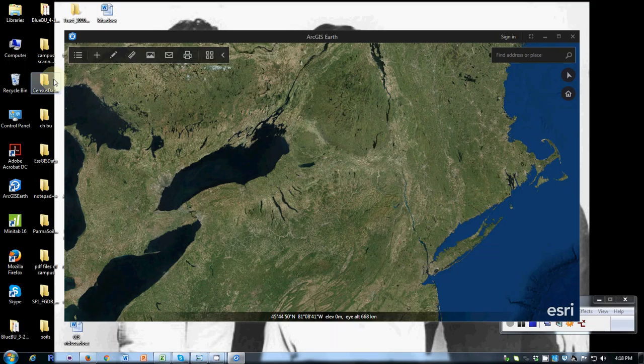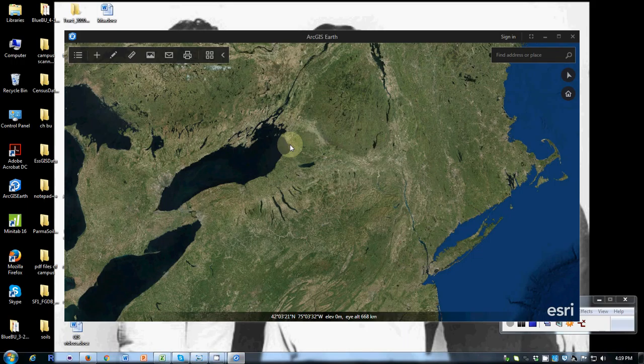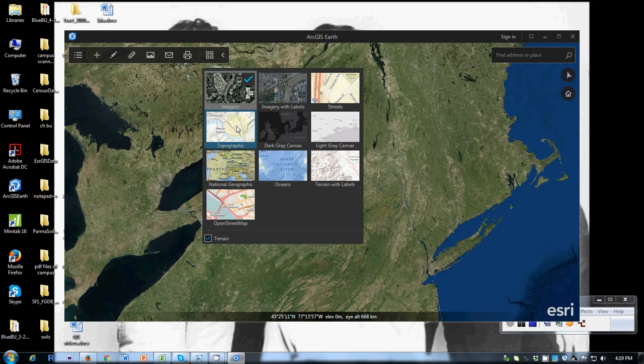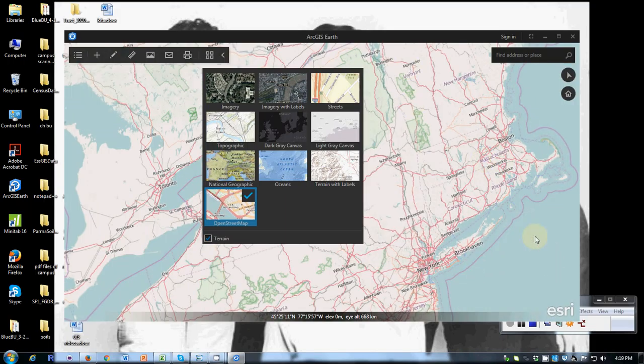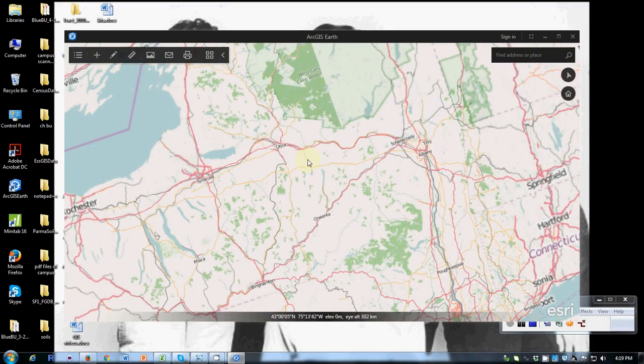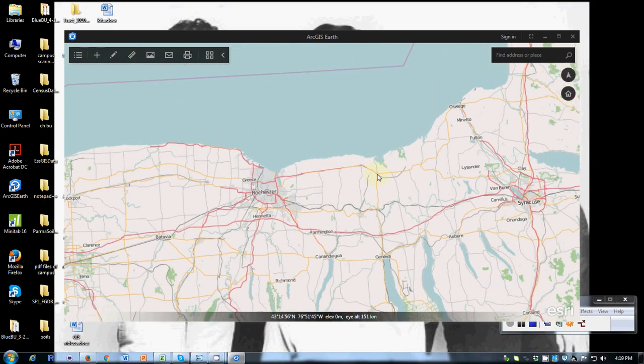So this is what the interface looks like, and there are a variety of tools, and some of them are ambitious and useful, such as the ability to choose a different base map, which is very, very nice. We have access to the standard set of base maps that are always there for Esri users, such as the OpenStreetMap, and we can change our